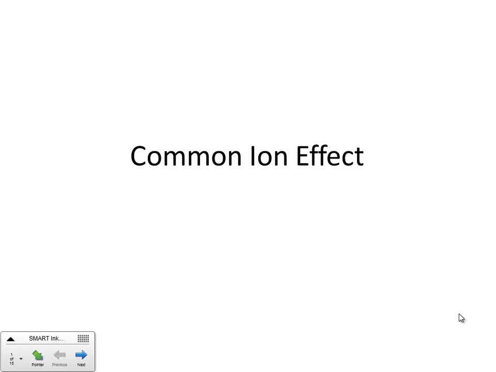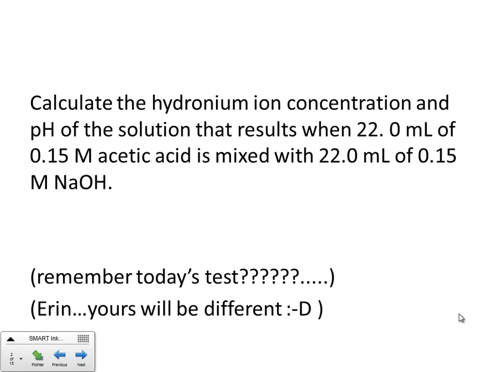If you remember, towards the end of Chapter 17, we began discussing equilibrium states that result after a chemical reaction has occurred, not just a dissociation. Problems that exemplify this look like this. Calculate the hydronium ion concentration and the pH of a solution that results when 22 milliliters of acetic acid